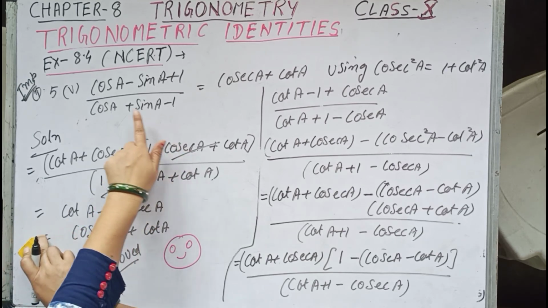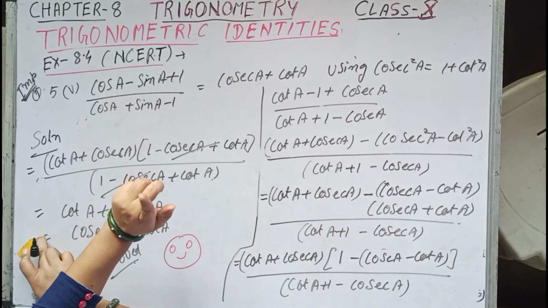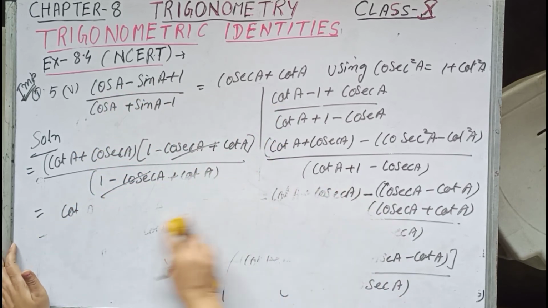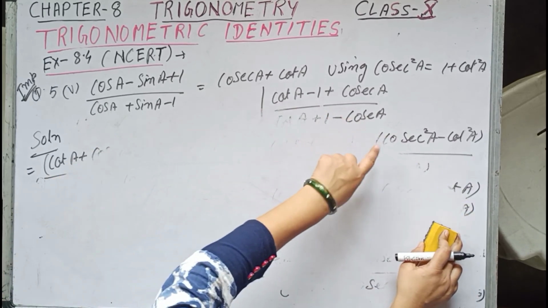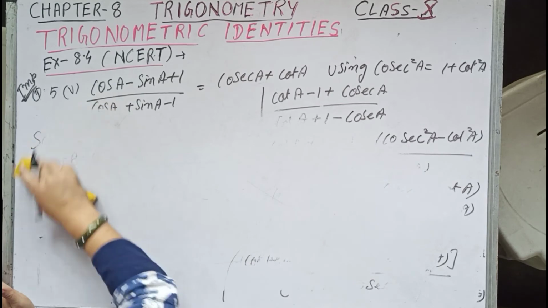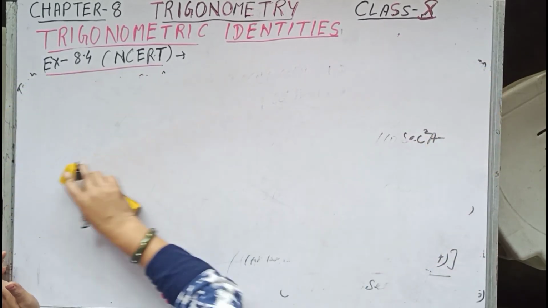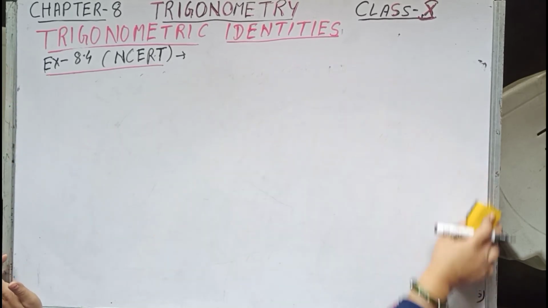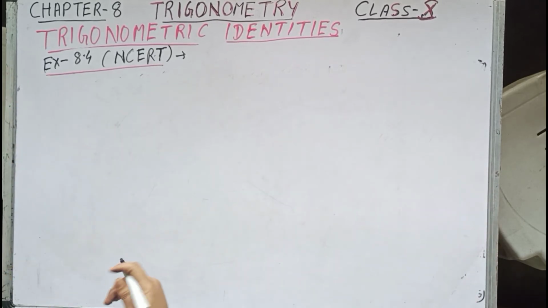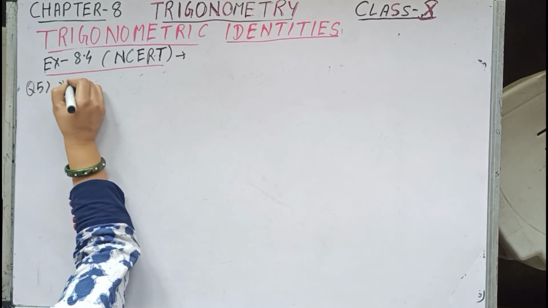Children, remember over here that I have to get cot, so I will be dividing cos by sine, which is cot. So I will be dividing by sine. And this identity I will be using in place of 1 in the numerator. The denominator I will be leaving as such. This is a special sum, children. Practice it properly. So now subpart number 6, question 5, subpart number 6.